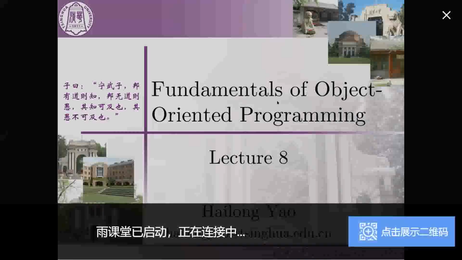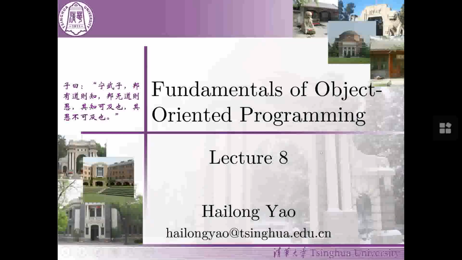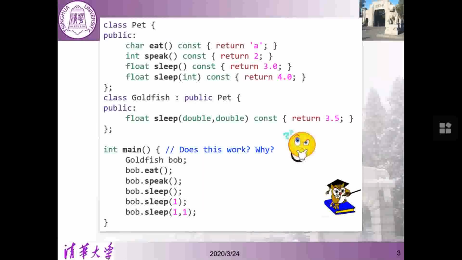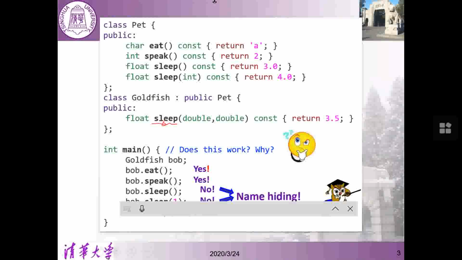So in this class, we will learn name hiding, and also upcasting. So we just mentioned that if we define a function with the same name, so